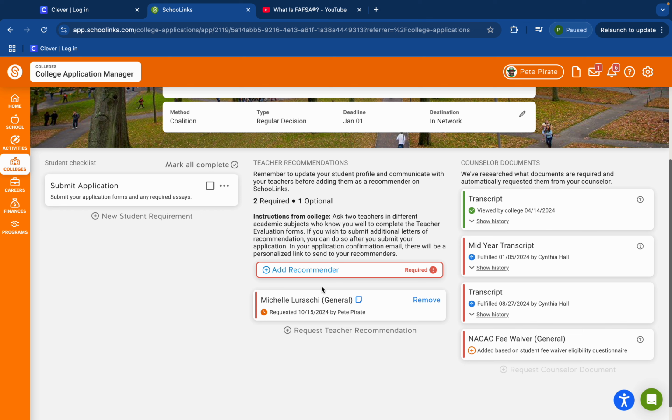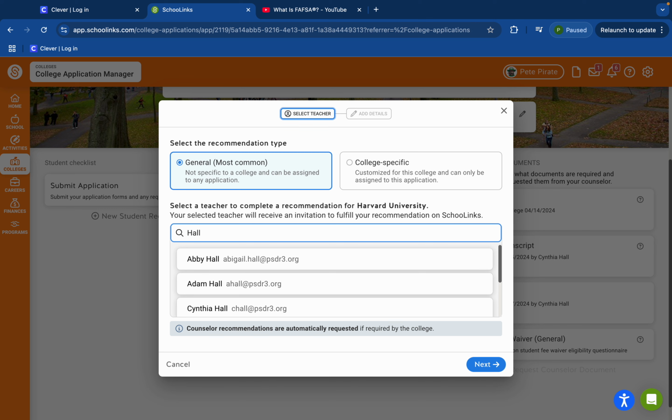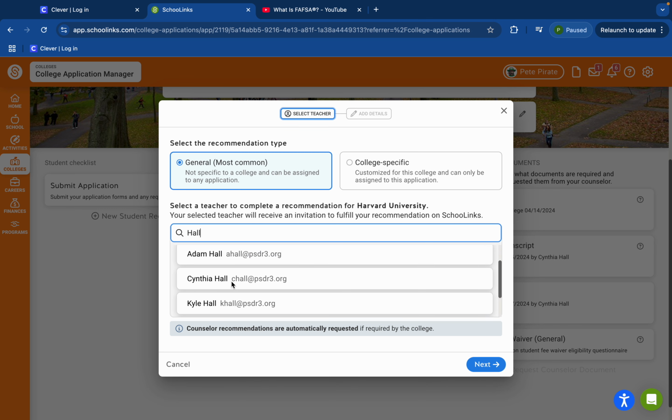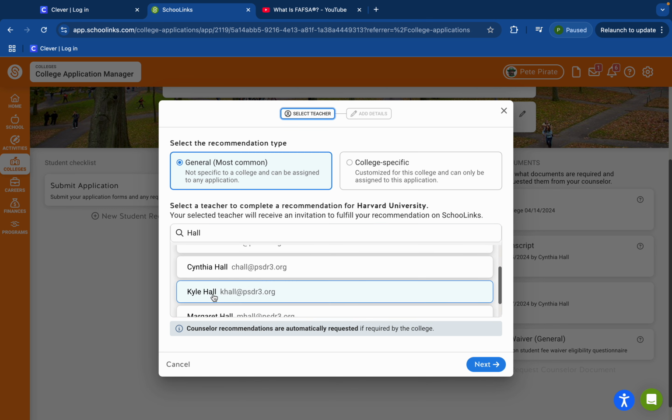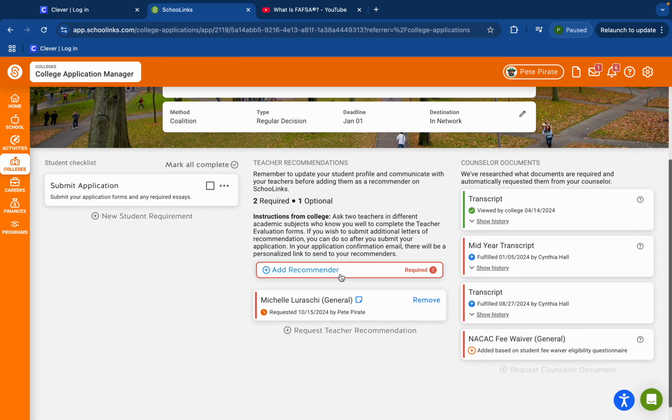So let's say you asked a teacher, they said, yes, I'd love to write a letter. You need to make sure they've had 2 weeks advance notice. And then you would come here and you would look up that teacher's name. This is a sample. So let's say you asked Mr. Hall. So you would click his name, you would go to next, fill in some more information, and then add. And his name would show up here, and that would give him access to upload the teacher recommendation letter and